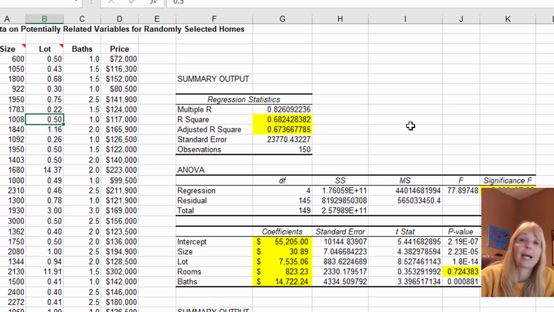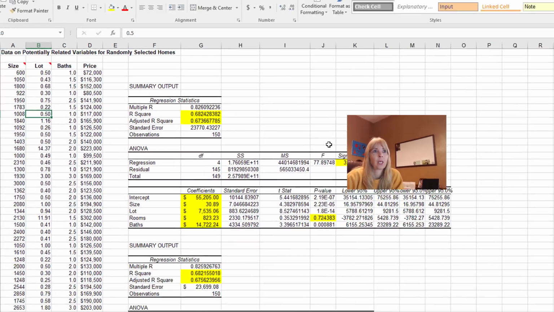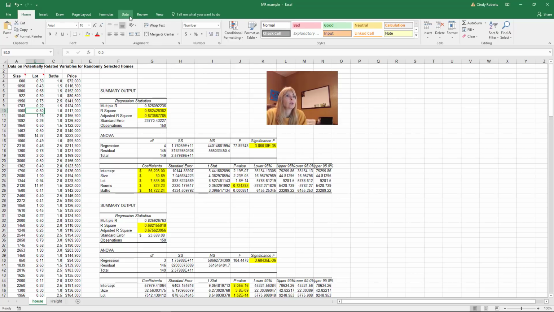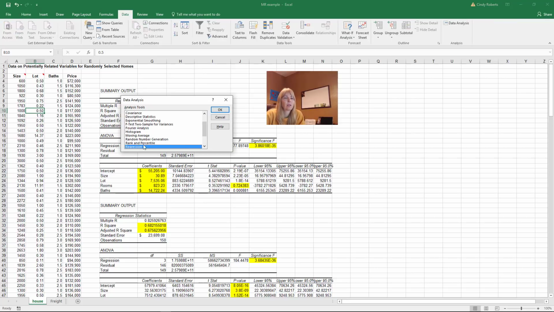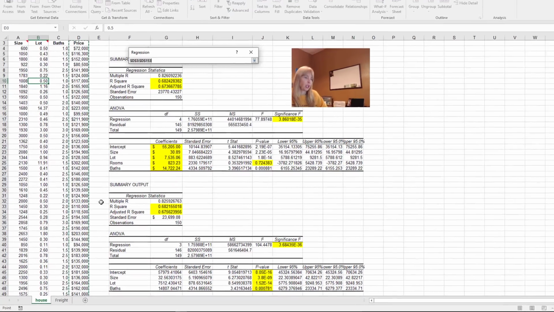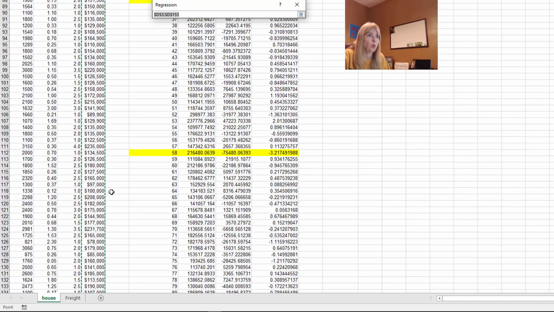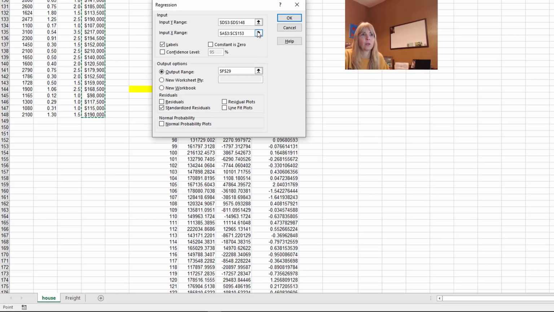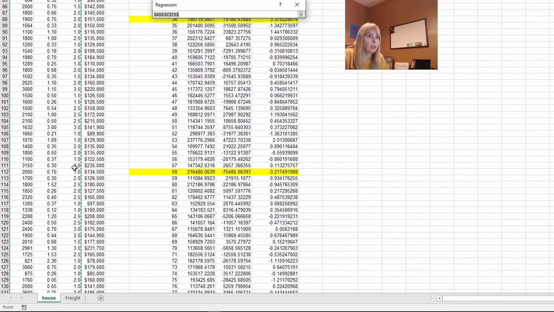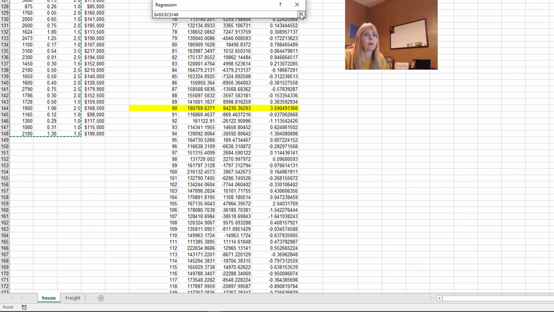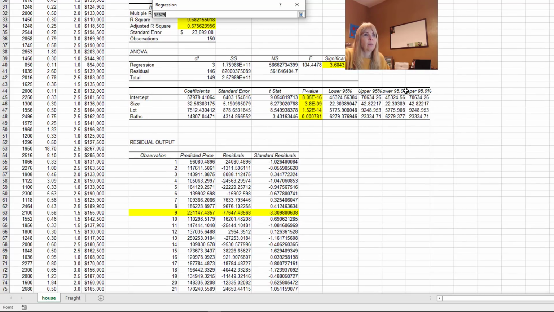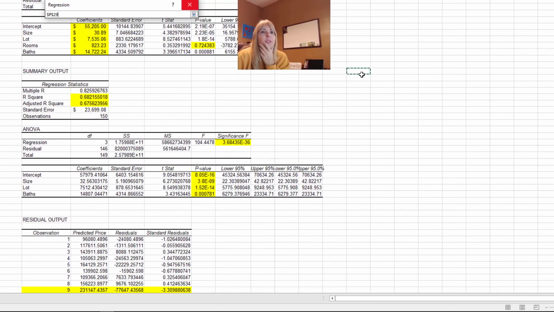So now what I could do is I could rerun this again. Let's just put it, well, I don't know where I'm going to put it yet. So let's go to our data analysis, my regression. I have to change because this went a little low. So I have to actually bring this up a little bit because of those I deleted out. Same thing here. I need to bring that one up a little bit. All right, I'm going to get rid of the standardized residuals. Don't care about that now, but let's find a place to output this. What the heck, let's just output it right beside this one